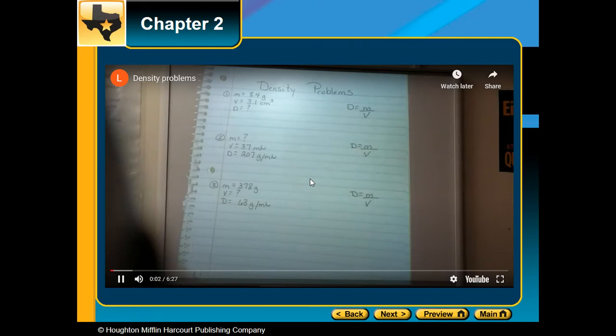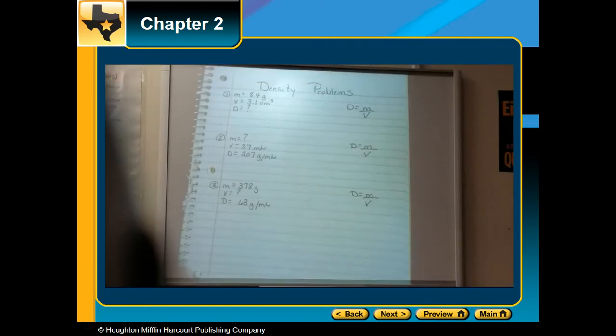Okay, here are your sample problems for density. This first one is the one in your notes you just saw. So if you copy that down, these are the variables for that problem. I would like for you to write your problems this way, where you list the variables and then list what they are, okay? From your problem,